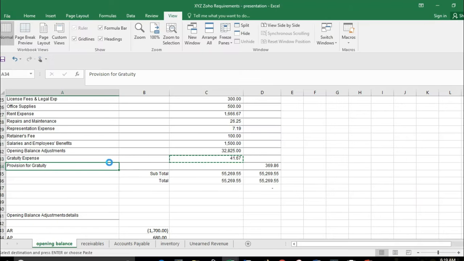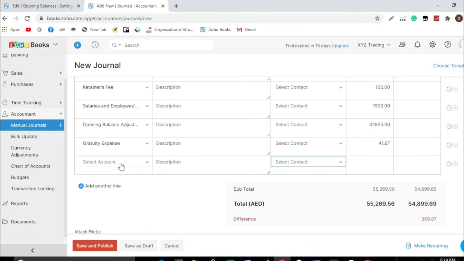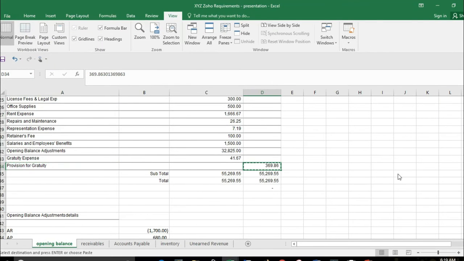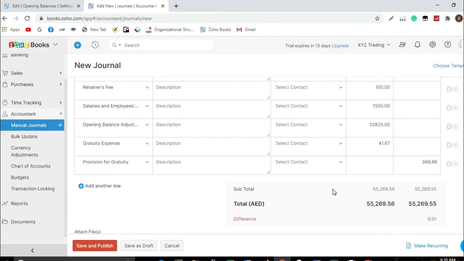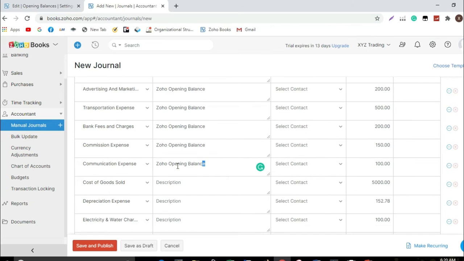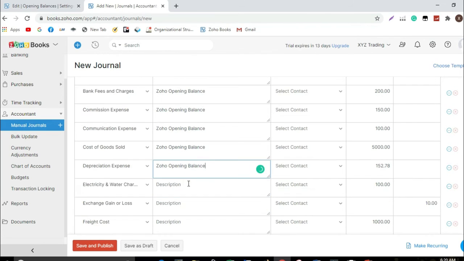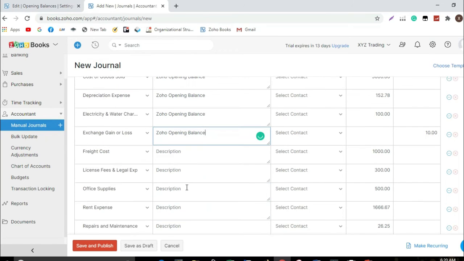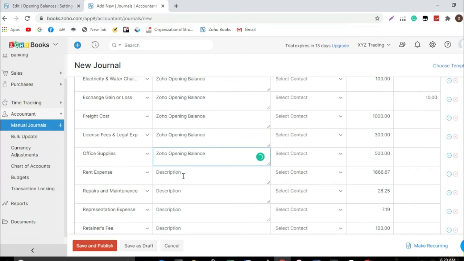But in importing opening balances, make sure you have all the details required, like the account type, the account title, and whether it's debit or credit. That's the reason why I prefer this manual journal, because there's no need for you to identify if it's debit or credit. You just copy paste, same as your trial balance.